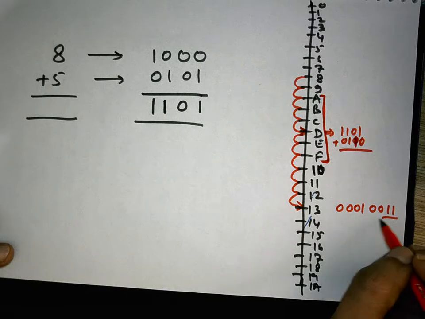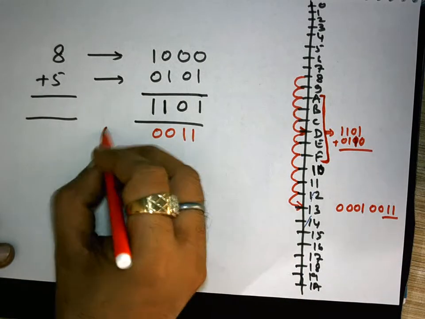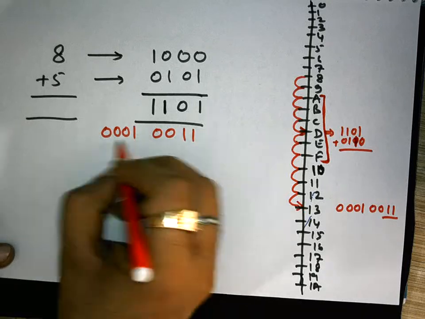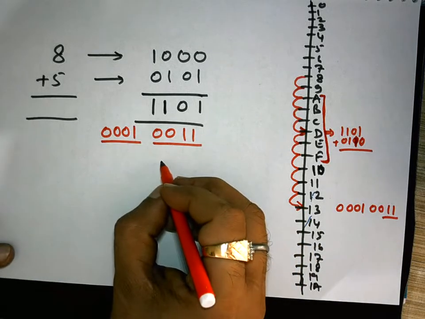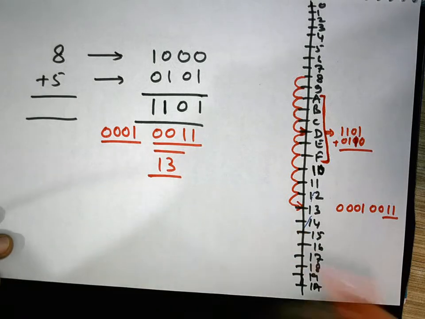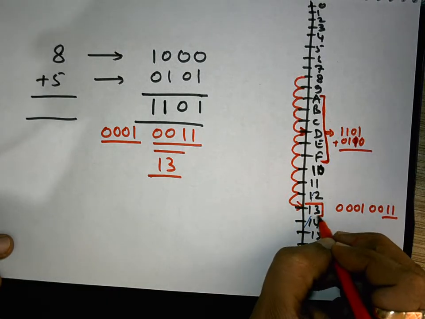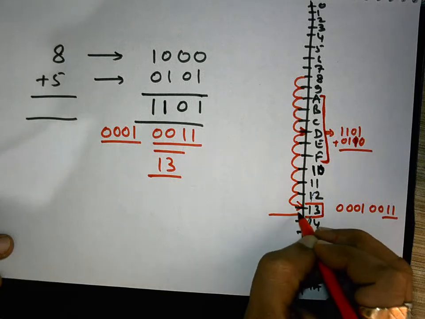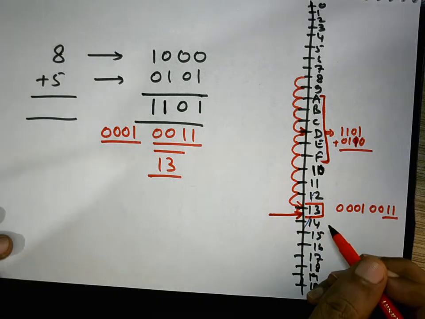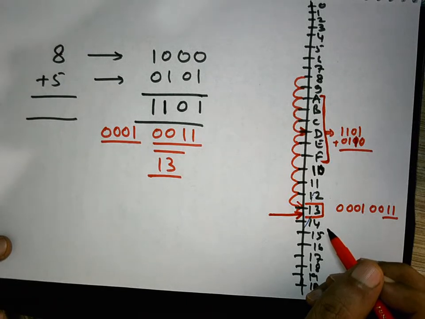13 can be represented this way in binary. So naturally this is 0 0 1 1, and then this one is represented this way. Then we can obtain 13 as a result, which is displayed on our calculator display. But you see, this is not the 13 of our number system, but it is the 13 of the hex number system or binary number system, which is being performed inside the calculator or by any digital machine.